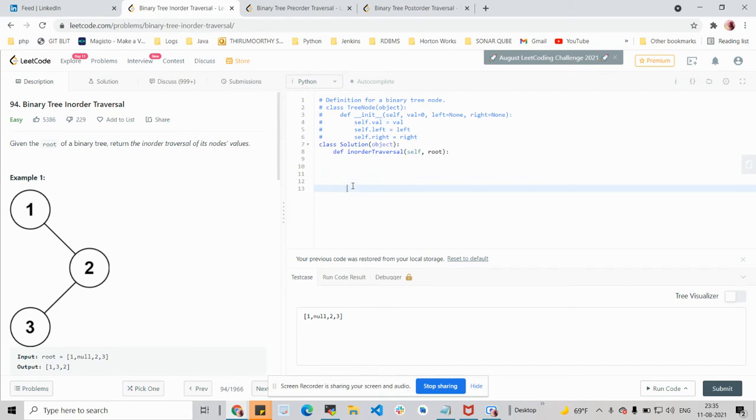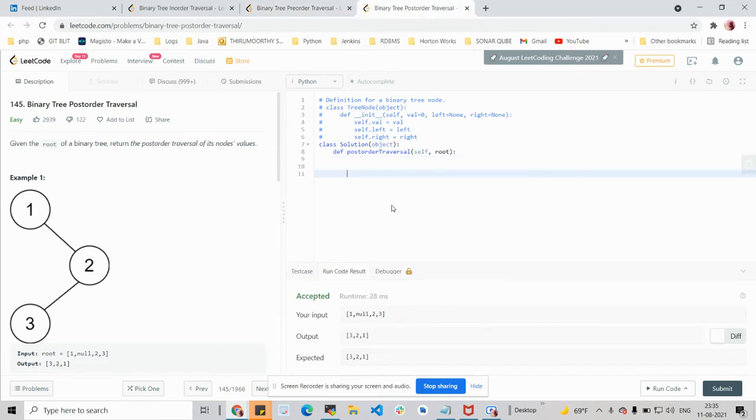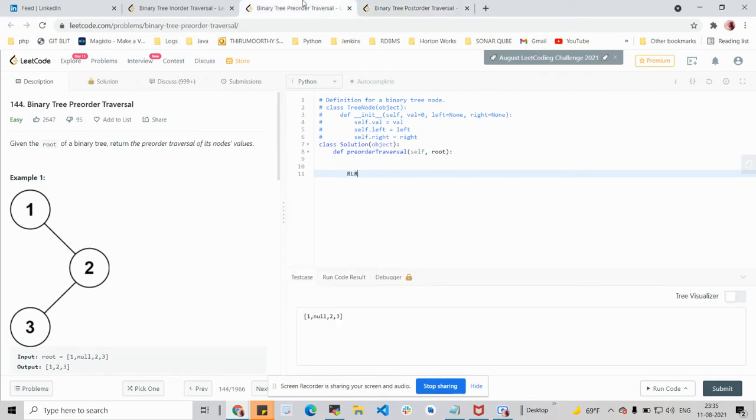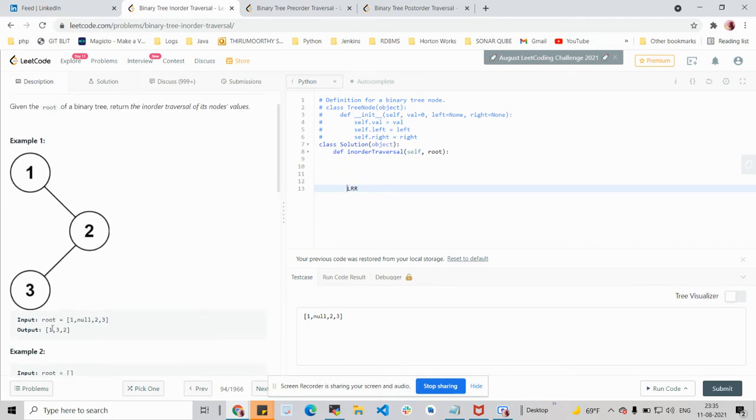The order of this traversal is left, root, and right for in-order. For pre-order traversal, it is root, left, right. And for post-order traversal, it is left, right, and the root. This is the order. So, if we observe the test case given here, this is the input and this is